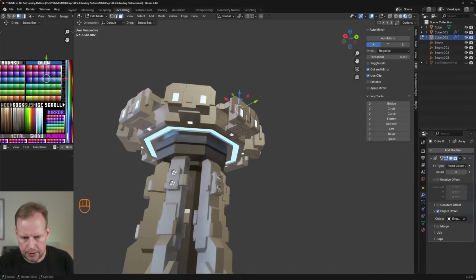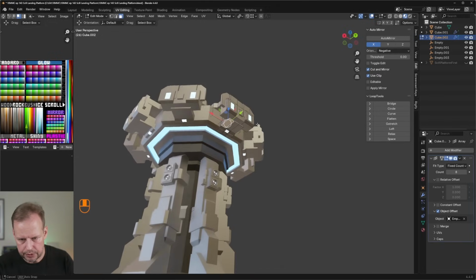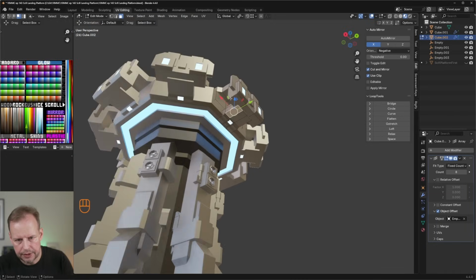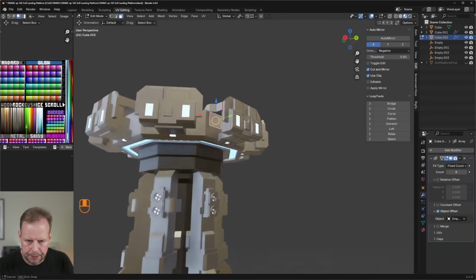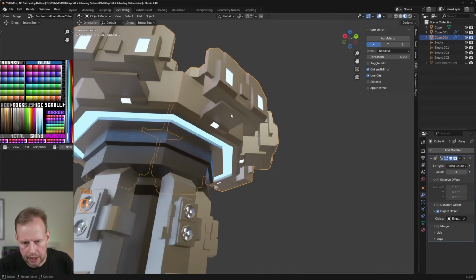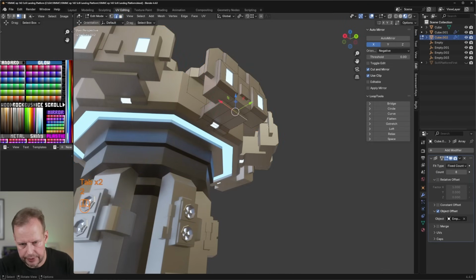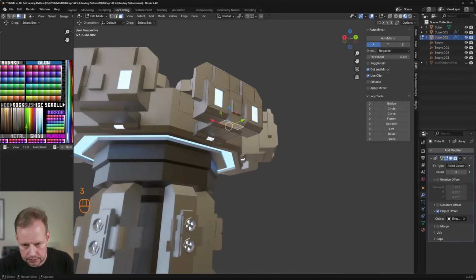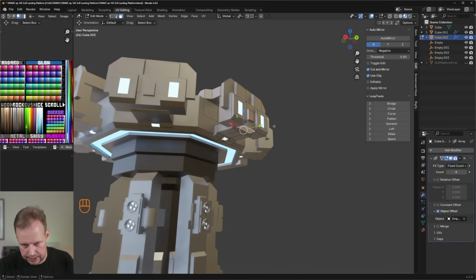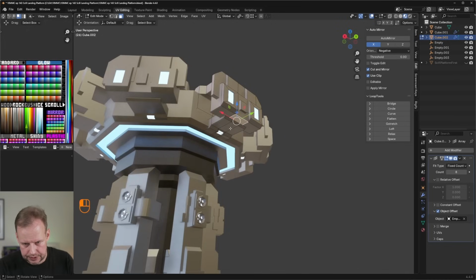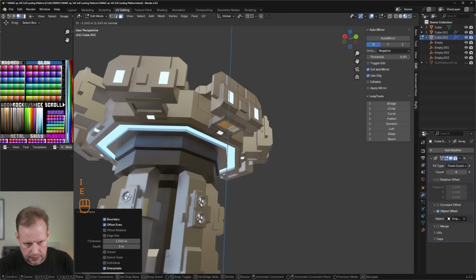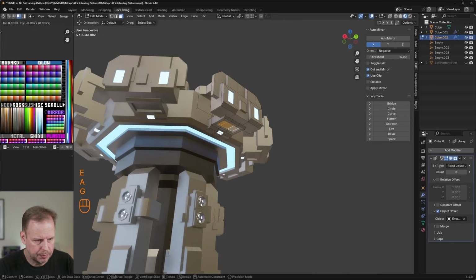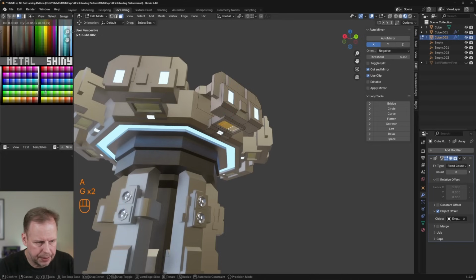And I think I'm gonna put more emission here too. We need some more detail. And here maybe we need, as if it's, I'm gonna put a big hose here, and I'm gonna twist it around a little bit as if it needs to, I don't know, charge something. So I'm gonna do Shift, I said, should we put it in here? Yeah, I to inset, E to extrude, and then just make it darker here on the Pixpal palette